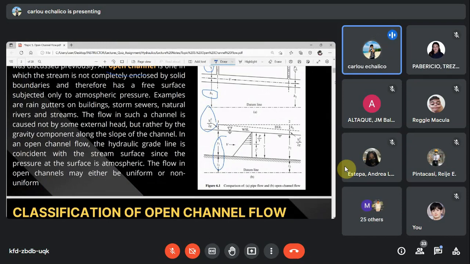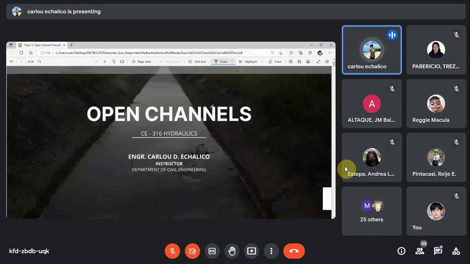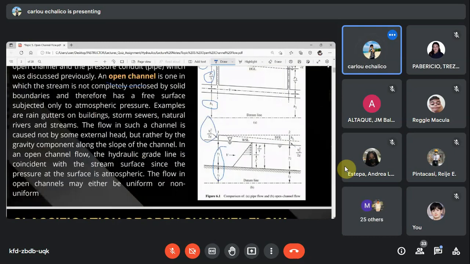So, what are these open channels? What are the example of open channel? Kaning sa figure, this is an example of an open channel. This is actually an irrigation canal. So, there are other several examples. Muna makita nato sa mga buildings, kanang rain gutters, storm sewers, natural rivers, and streams. So, they are